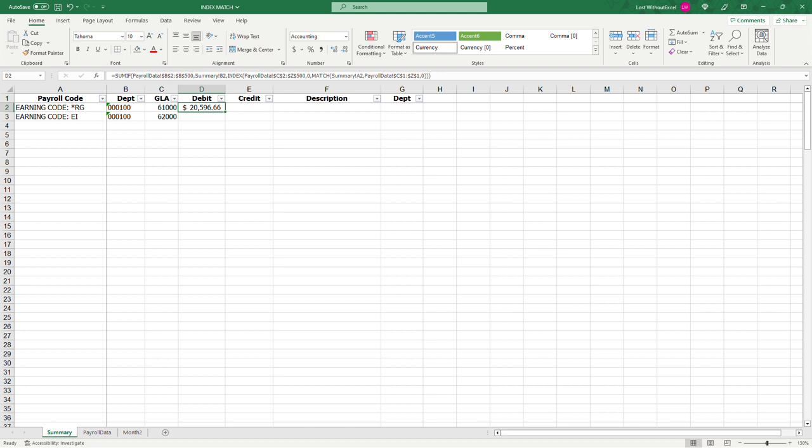I forgot why that is the case, but it is the case. So the benefit of doing it this way is, now that I've done this formula once,